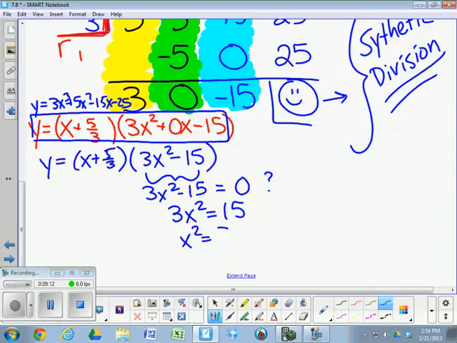X squared equals 5. Take the square root of both sides. Plus or minus root 5. The square root of 5 is the suspect and its evil twin, negative square root of 5. Those are the two roots. We saw them, but they weren't whole numbers because they're called